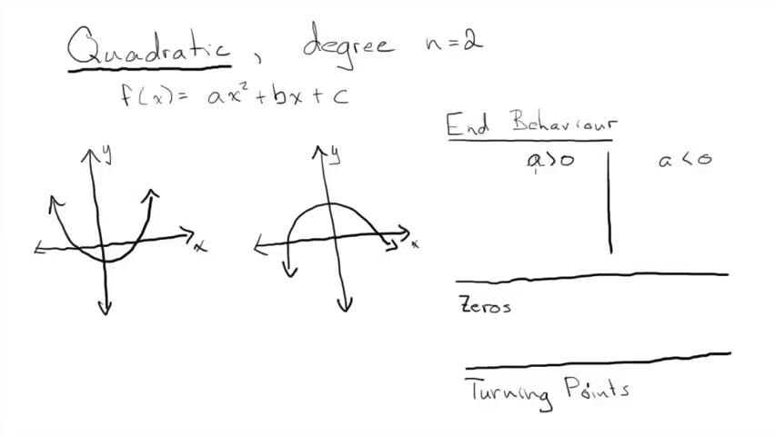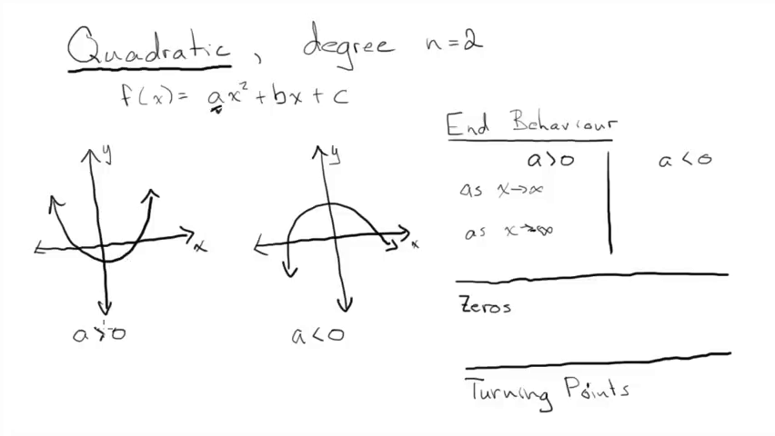What does that tell us about the end behavior? Well, remember, it opens up if that leading coefficient, the number in front of the x squared, is positive, and it opens down if that number is negative. So the leading coefficient is going to tell us about end behavior. So as x goes to infinity, and as x goes to negative infinity,